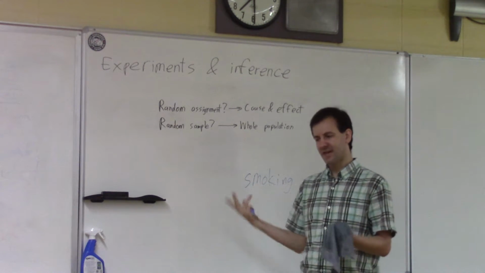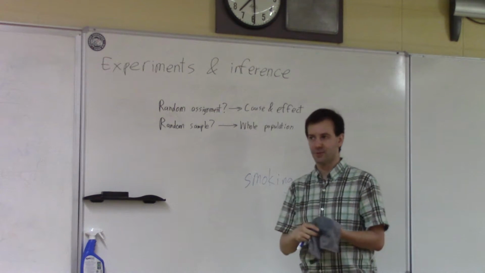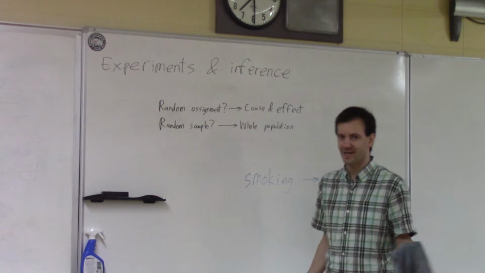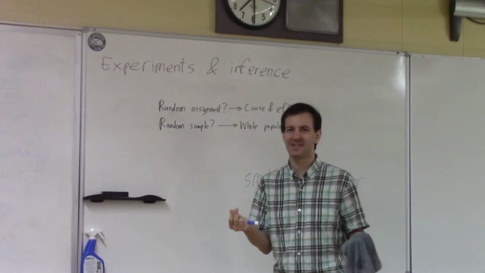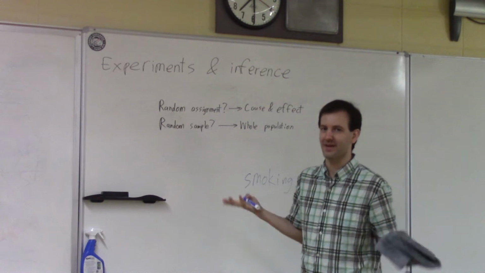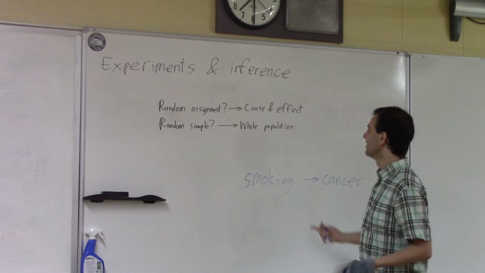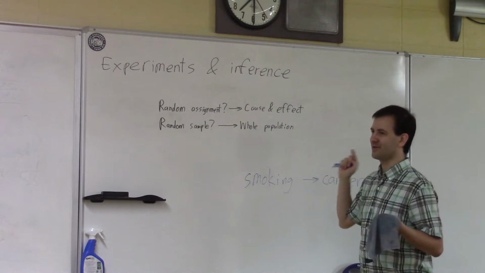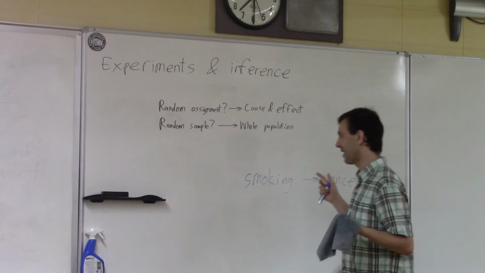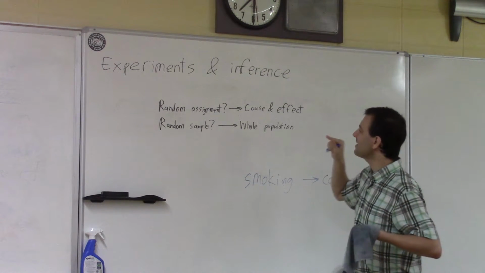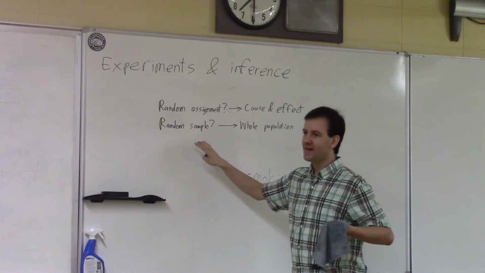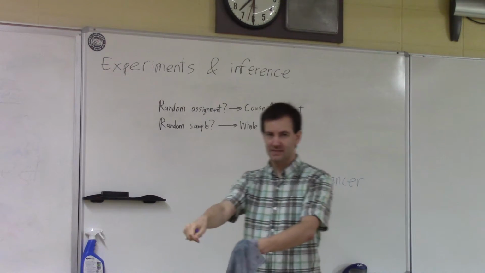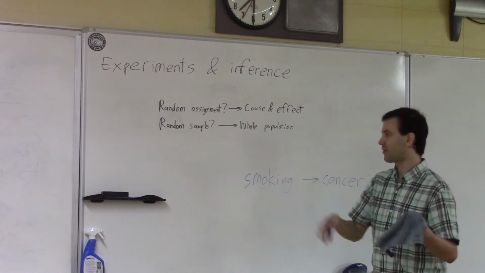And then they note that the animals who smoke, or the animals who are put in a smoke-filled situation, I don't know if they can make a mouse actually puff on a cigarette, maybe they just fill its environment with fumes. I'm picturing cartoon Disney mice now smoking. And then they randomly pick half of them to be put in smoke and randomly pick half of them to not be put in smoking situations.